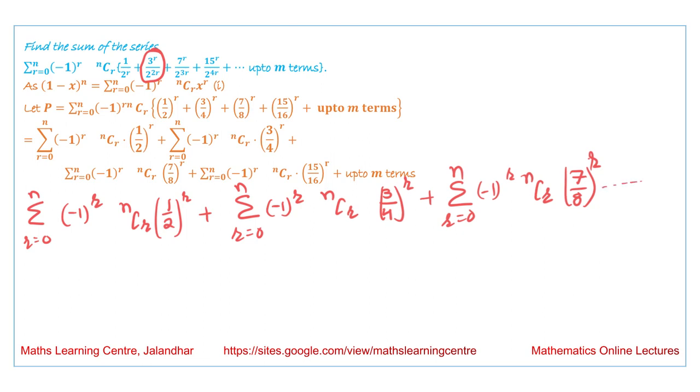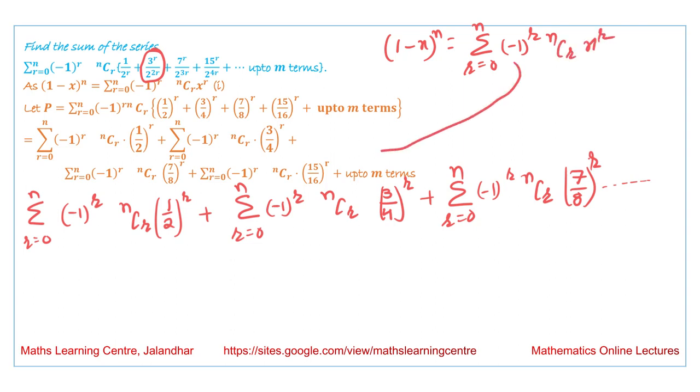And likewise we are continuing in this way. Now if we talk about the expansion of (1 - x)^n, the answer we have is equal to sigma r = 0 to n of (-1)^r nCr x^r. Now compare it with this first term. We are saying this is the expansion for (1 - 1/2)^n,